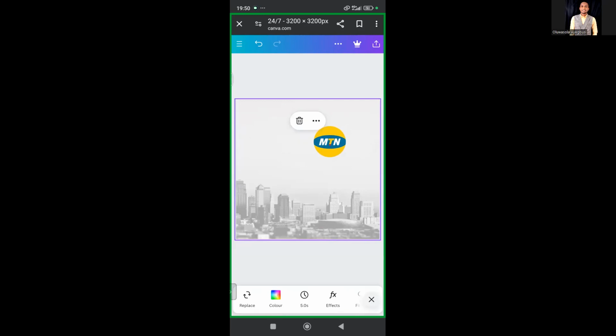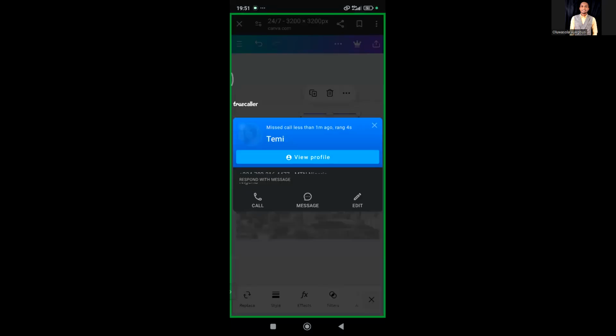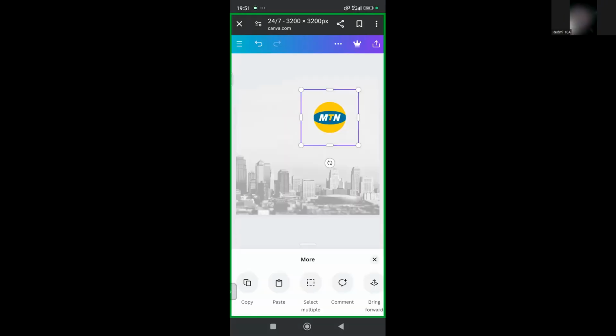Okay. Now we need to group them together. We need to group them together. So we're going to highlight both the shadow, that black thing behind the logo, and the logo itself. All right. So I prefer to highlight the black thing first. So just tap on somewhere around here. These three dots, excuse me, tap these three dots,